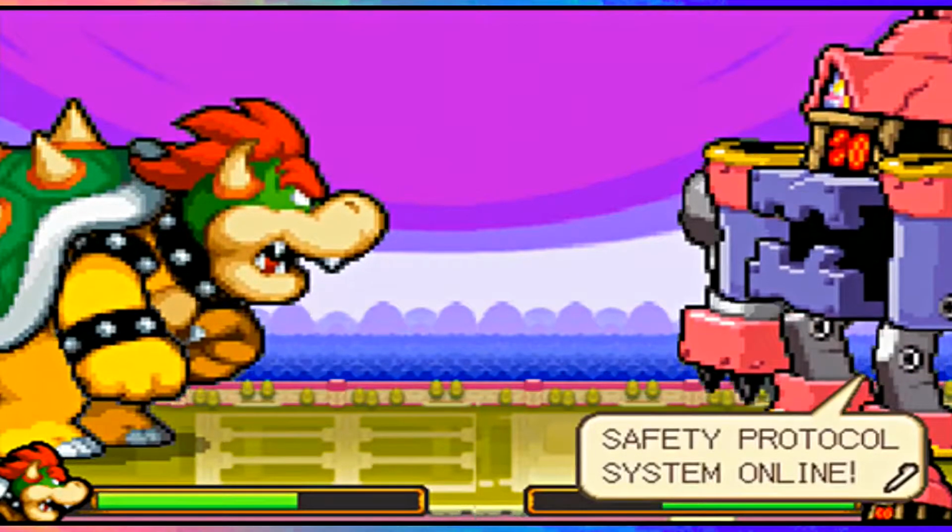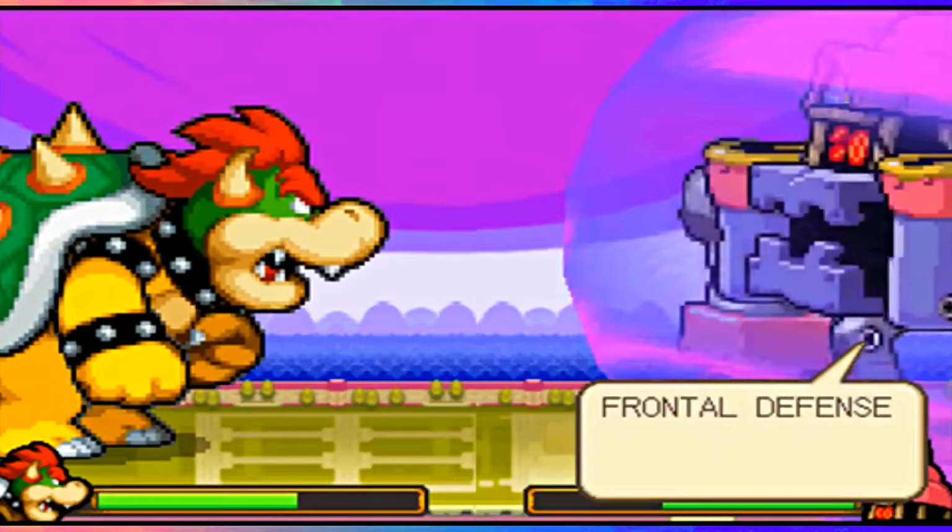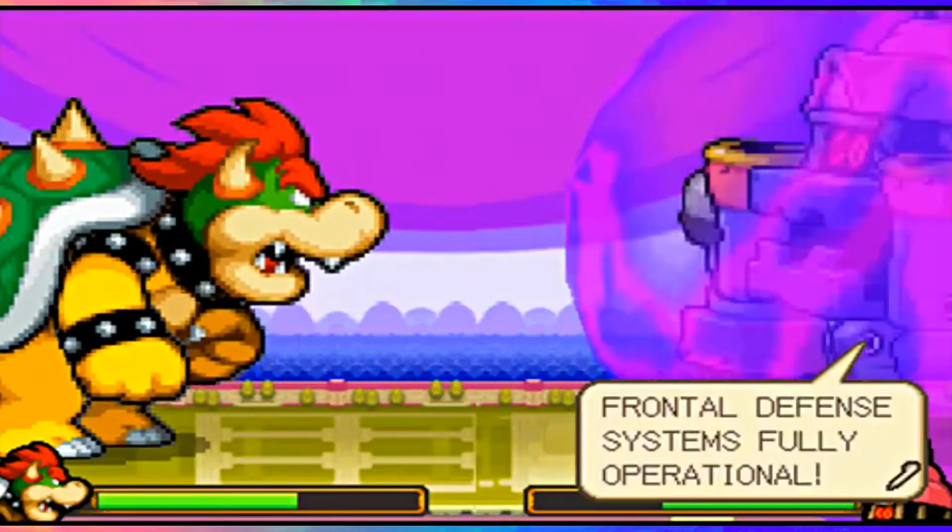Safety protocol system online. It's a bit more emotive in the 3DS version because the top Peach window vane stained